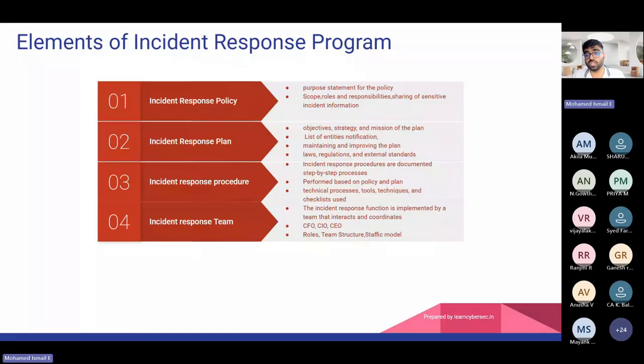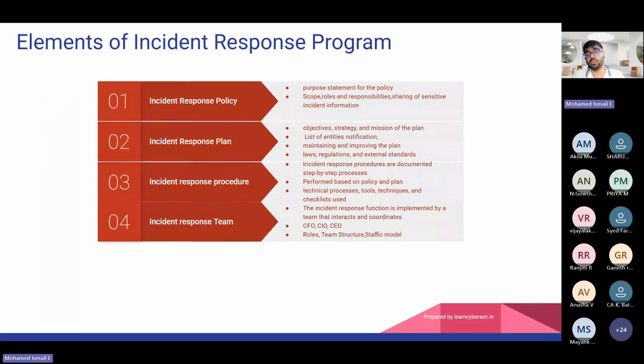Now, the incident response procedure. For the procedure, NIST has given a proper procedure. We'll cover that in upcoming slides in detail. But this is a step-by-step process. During the incident, what procedure should the respective teams follow? Like the SOC team, what roles and responsibilities would they follow? The network engineer or network administrator, what steps do they need to follow? The public relations manager, or the team handling the press and media, what information do they need to follow? These are the checklists prepared as part of the response procedure.